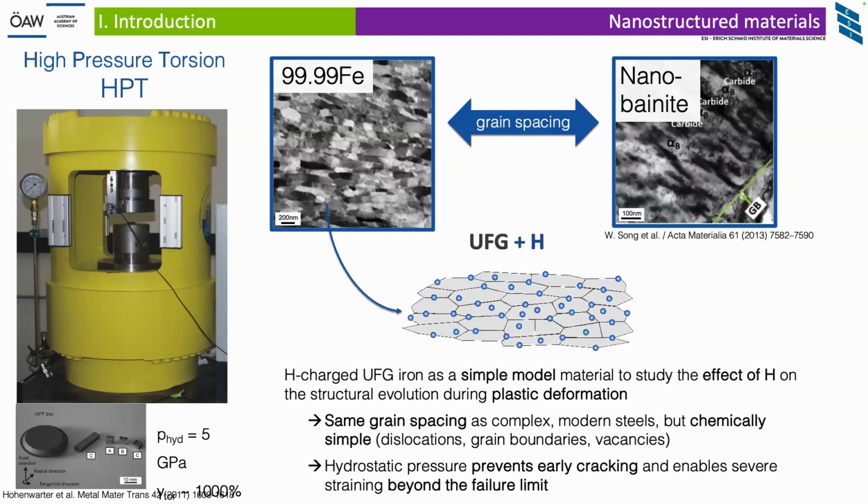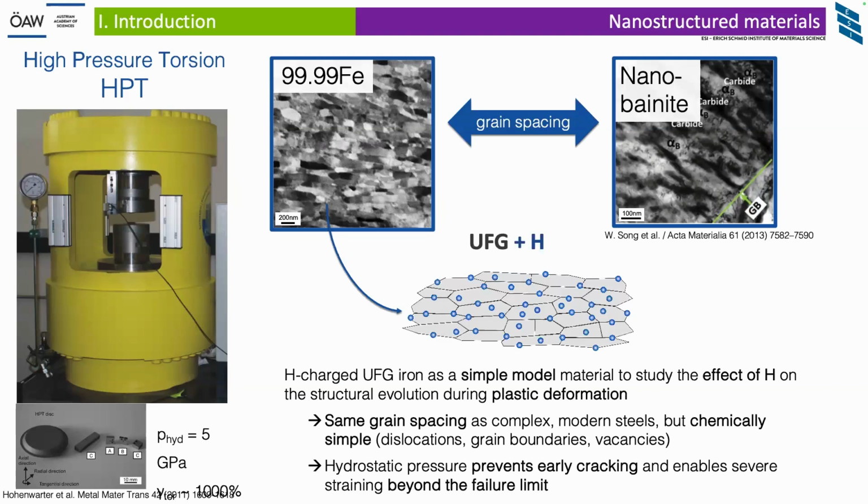We use high purity iron, and introduce hydrogen by electrochemical charging. And then we study the effect of the hydrogen decoration during deformation on structural changes. We chose a high purity iron because it has actually a grain spacing similar to modern complex steels, but it's chemically simple. We only have to deal with trapping at dislocations, boundaries, and vacancies only,